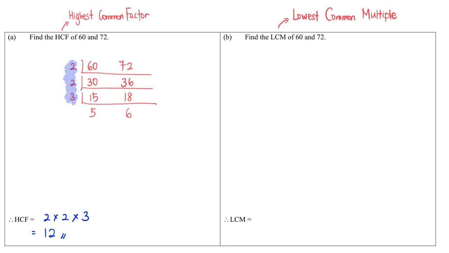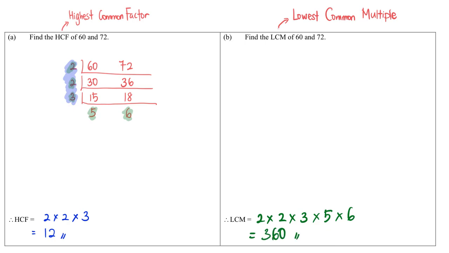And for the lowest common multiple, I would have to include this 2, 3, 5 and 6. And so the answer would be 2 times 2 times 3 times 5 times 6. That will give me